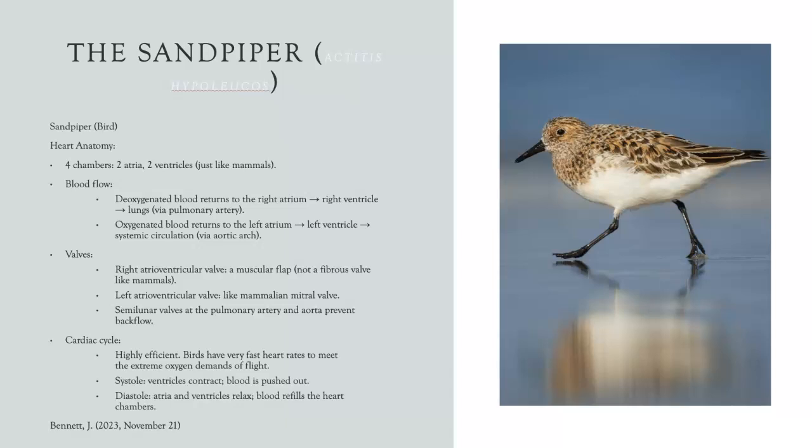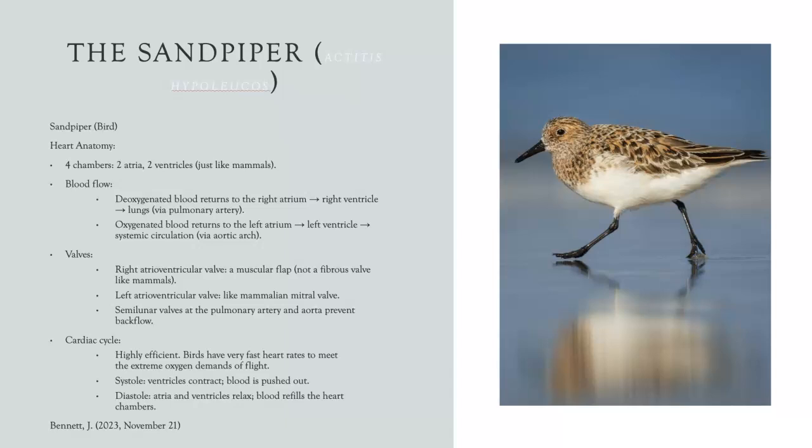First, we will discuss the sandpiper. For the heart anatomy, there are 4 chambers, 2 atria, 2 ventricles, just like regular mammals. The blood flow starts with deoxygenated blood that returns to the right atrium, then follows through to the right ventricle, then to the lungs via the pulmonary artery. Then oxygenated blood returns to the left atrium, to the left ventricle, then to the systemic circulation via the aortic